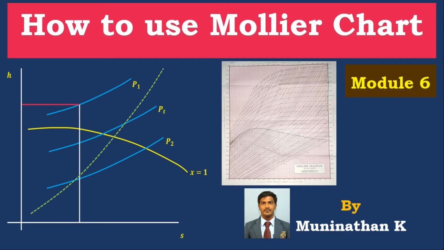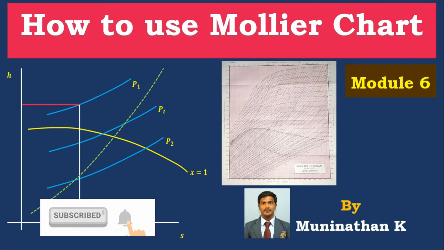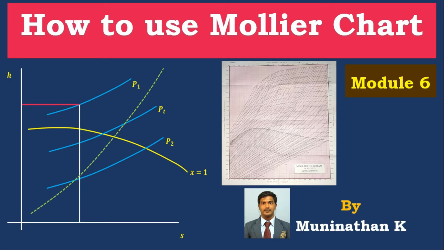We know that steam properties can be taken from either a steam table or a Mollier chart. But what is the difference between a Mollier chart and a steam table? In a steam table, if we have pressure alone, we can take the properties of steam. If we have temperature alone, we can take the properties of steam. But in a Mollier chart, it's not like that. In a Mollier chart, we need any two parameters to use it.